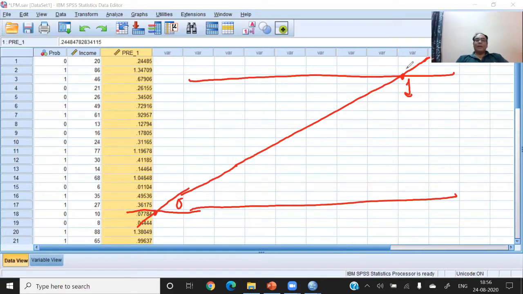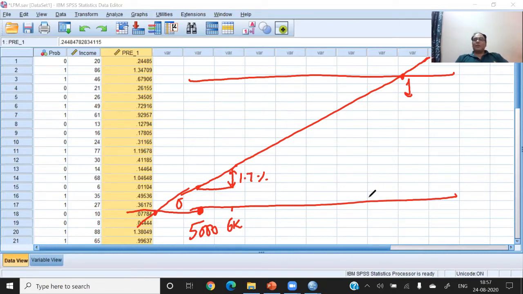I'm telling you, somebody who is having the monthly income of 5,000, it is the existing monthly income of a person. And suppose his boss says that now I'm going to increase your salary by 1,000. So now his salary moves from 5K to 6K. This is the increase in the salary. And because of this, the increase in the probability is also 1.7%. If the salary increases by 1,000, the probability of taking housing loan increases by 1.7%.